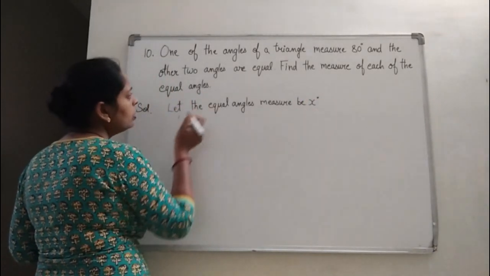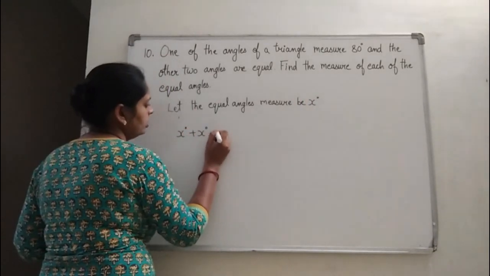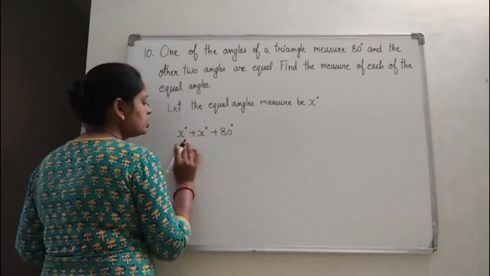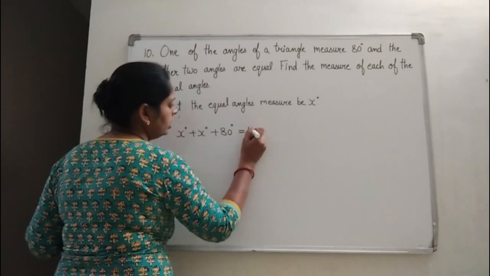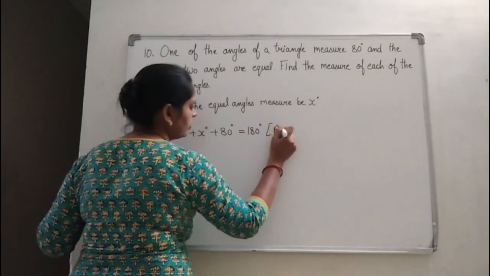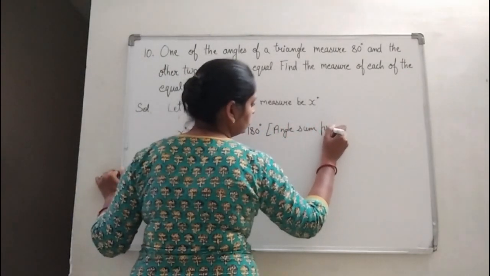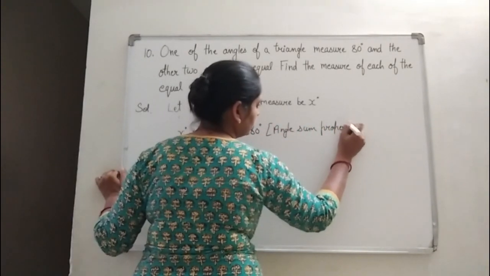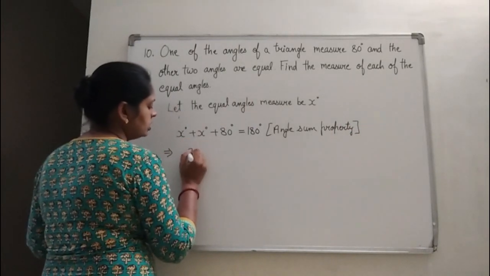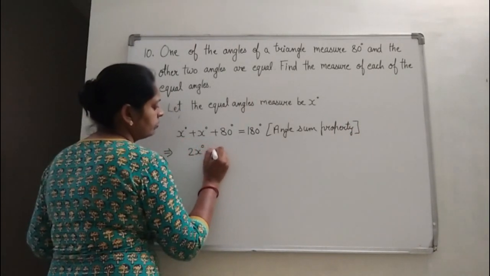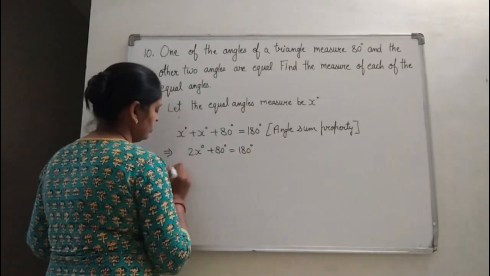Right? So if two of the angles are of same measurement, we are having x degree plus x degree plus 80 degree, because two equal measurement angles are there and third angle is 80 degree, and that will be equal to 180 degree by angle sum property of triangle, right? Which implies x degree plus x degree implies 2x degree plus 80 degree is equal to 180 degree, which implies